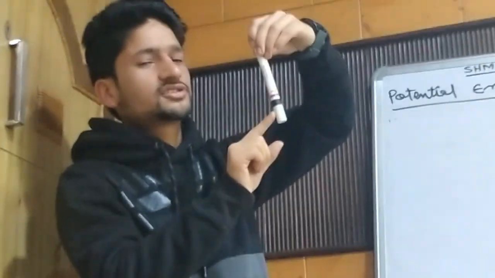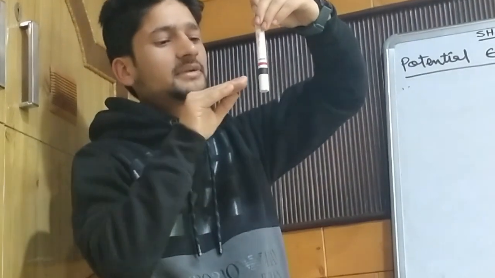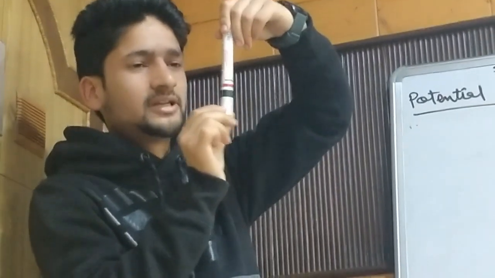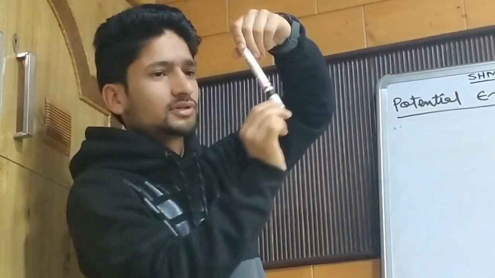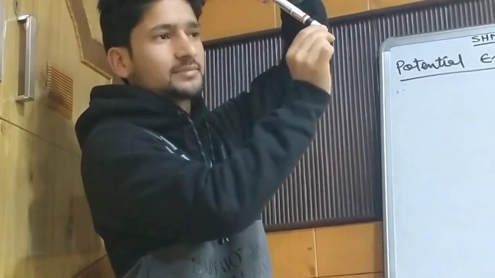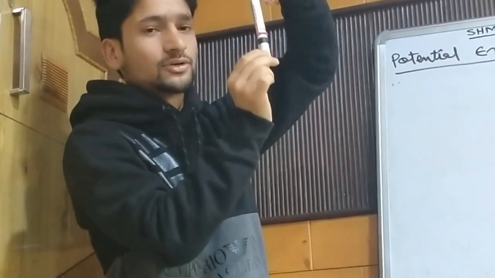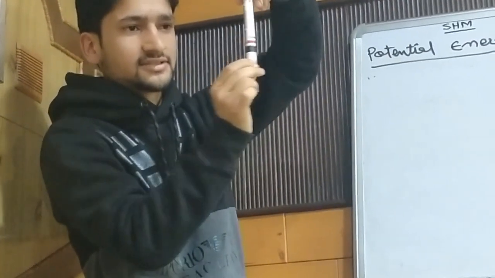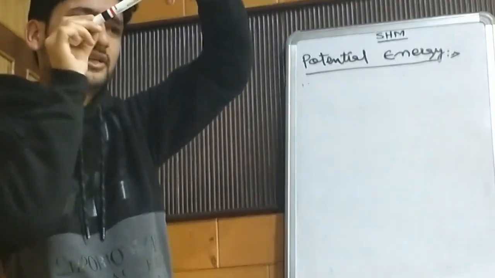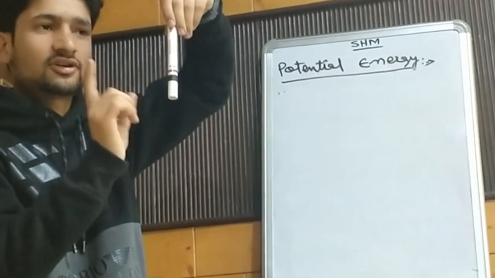When I apply force on this marker, let us suppose this marker acts as a simple pendulum. Firstly this marker, which is actually at equilibrium at the mean position, goes from the mean position to one extreme position, and from this extreme position it comes back to its mean position. Since it has the momentum, it overshoots this mean position and gets to the other extreme position. From this extreme position it comes back to the mean position, and in this whole process only one oscillation has